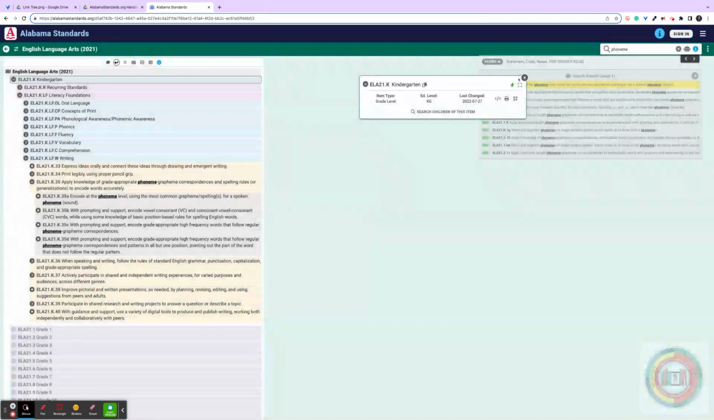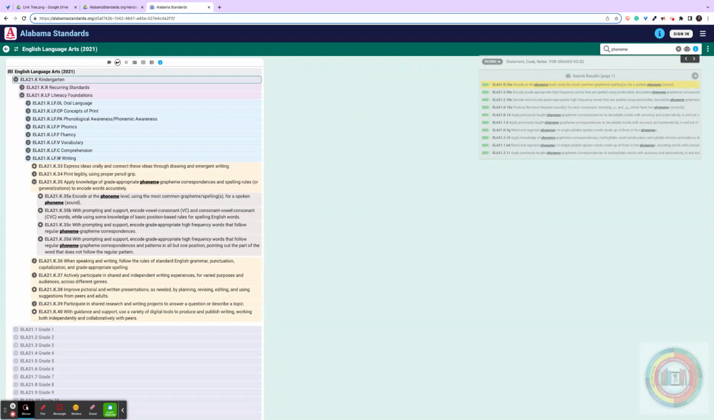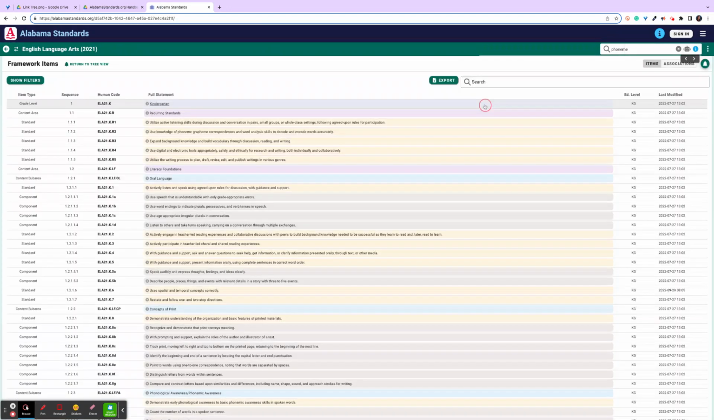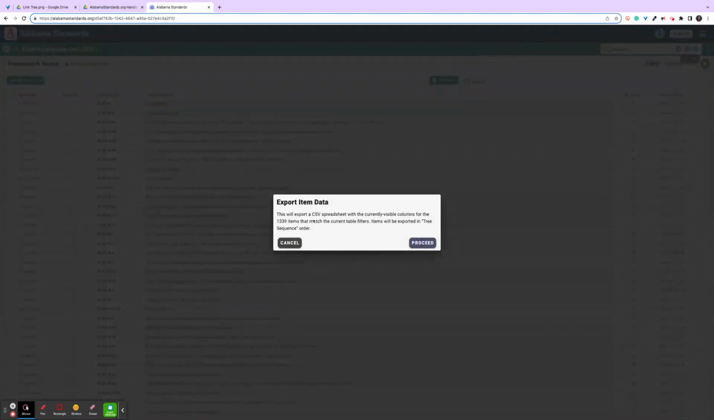The next thing I'd like to show you is how to export. So if you would prefer to export this information into a spreadsheet rather than print it out or save it as a PDF, you'll click the kebab menu. You will go into table mode, and then you will click the export button, and you'll see that you will get it printed out in a